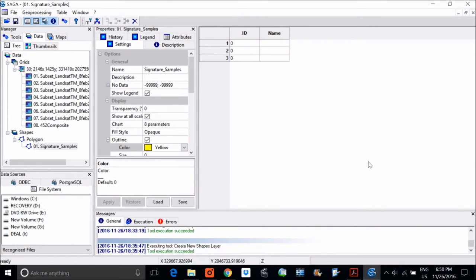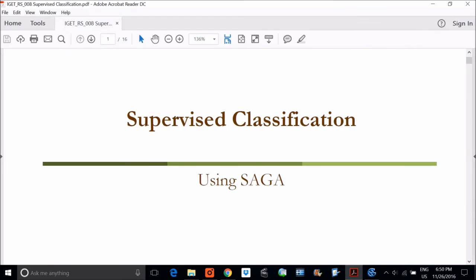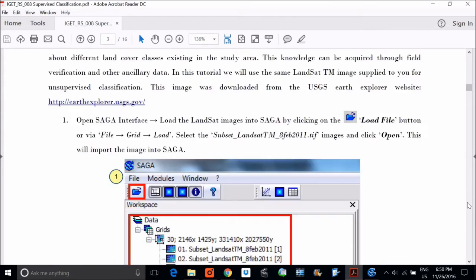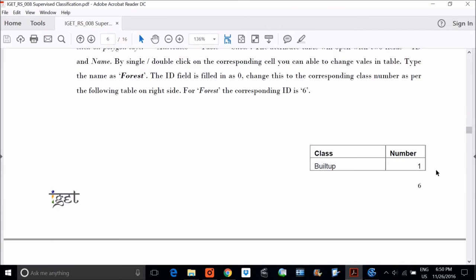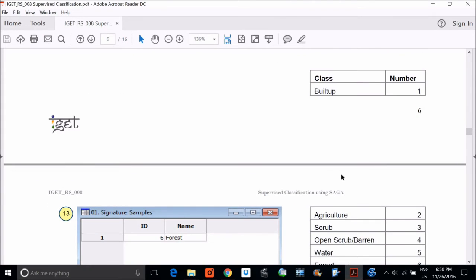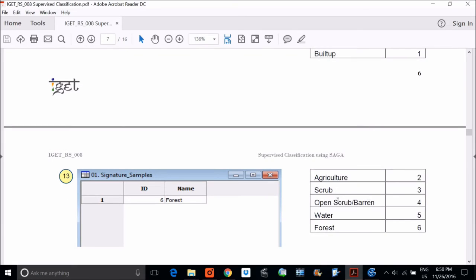So what you are going to do after this is, let me show you that we have assumed that we have a table, and we have already assigned some numbers to our classes: built up is 1, agriculture is 2, scrub is 3, open scrub barren 4, water 5, and forest 6. We have various combinations, so let us assign these numbers as IDs.